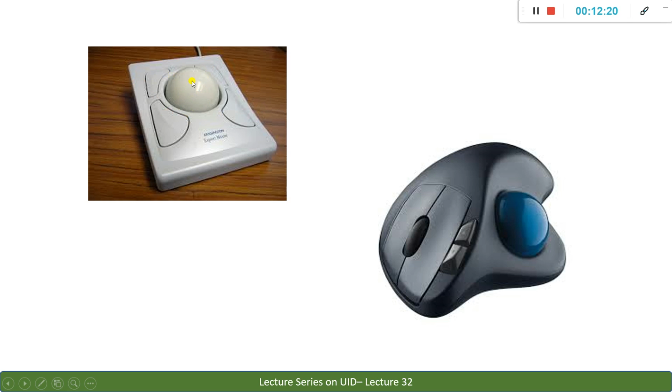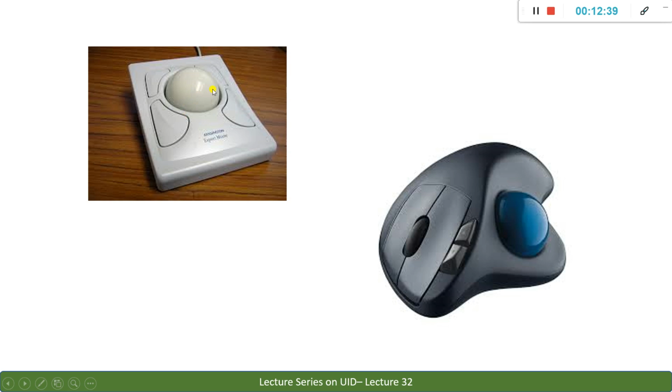You have to move this ball with the finger. As and how you move the ball, the cursor on the screen is also moving all around. So this is our consideration.